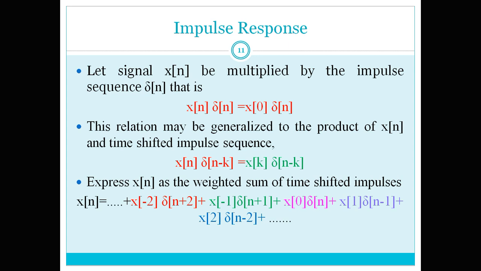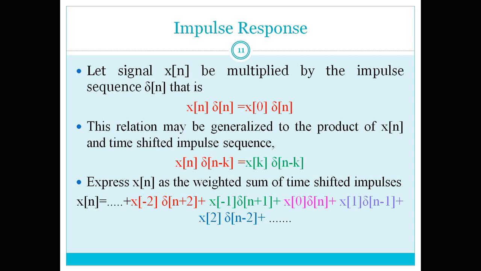If you can see here, x of k delta n minus k, here k equal to minus 2. So x of minus 2 delta n plus 2, plus x of minus 1 delta n plus 1, plus x of 0 delta n, plus x of 1 delta n minus 1, and for k equal to 2, x of 2 delta n minus 2 simply,